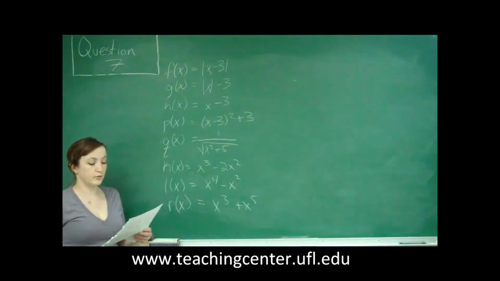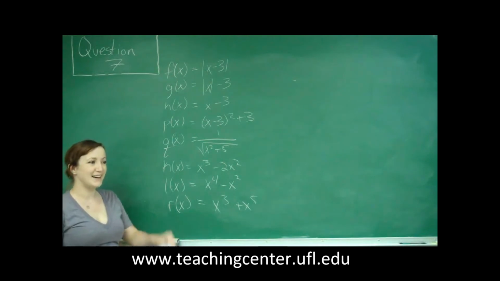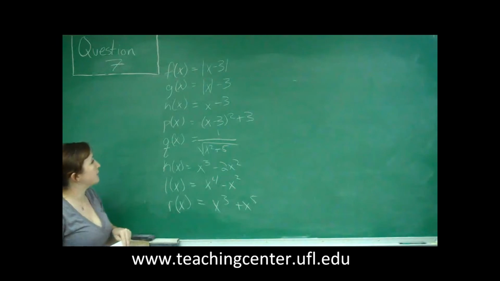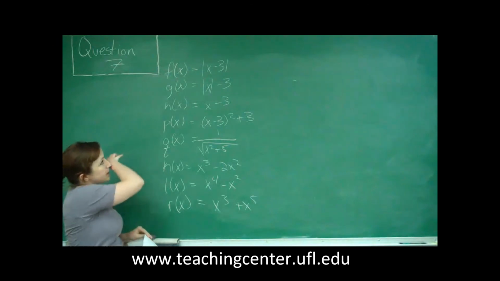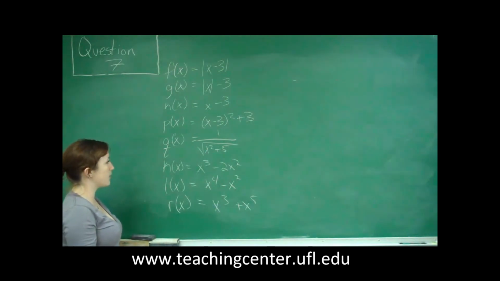Problem number 7, it says which of the following functions are even, odd, or neither. And it lists all of these functions. So you've got f of x is equal to the absolute value of x minus 3, g of x is equal to the absolute value of x minus 3, h of x is equal to x minus 3, p of x is equal to x minus 3 quantity squared plus 3, q of x is equal to 1 over the